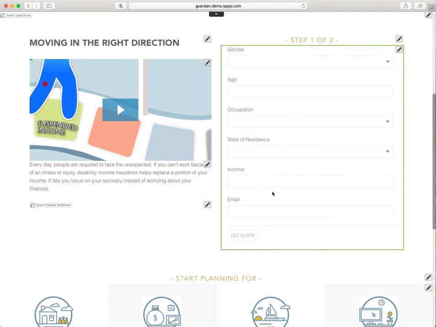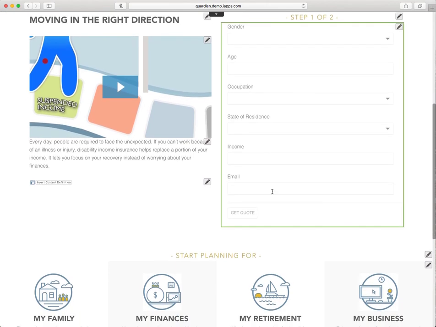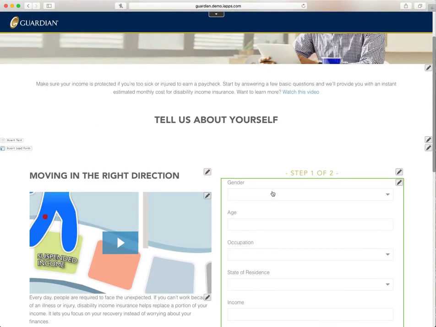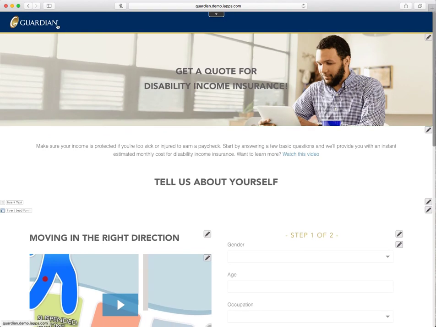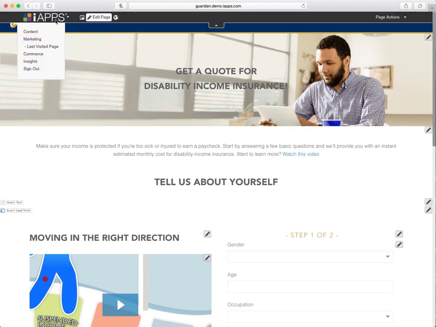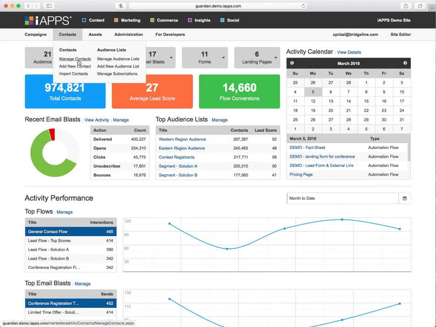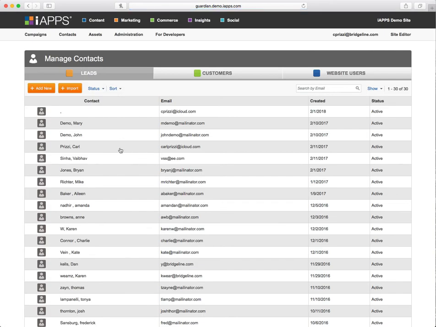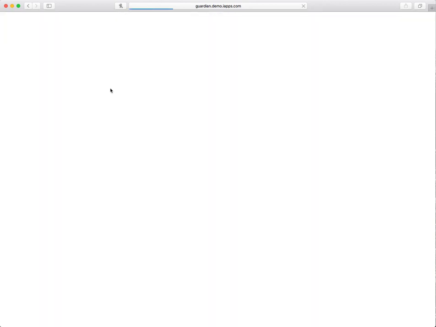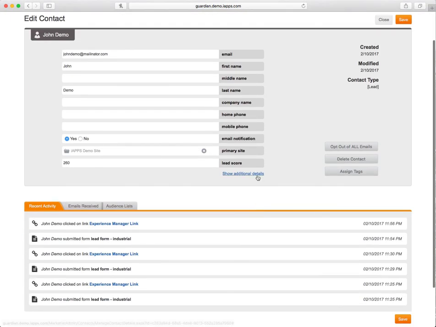All right, so that covers the creation of landing pages. We also have the ability to manage audience segments and contacts. So let's take a look at that here. The underlying contacts here, there's a whole contact repository where we can manage all of our contacts. We can drill into a particular contact and edit that contact and see all the contact attributes that are related